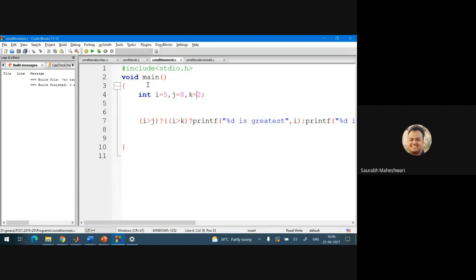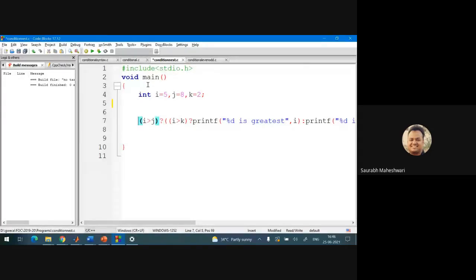Do you remember how we did it with the help of if else? First, we find out who is greater among these two, and then we compare it with the third one. Okay, now let us do it like that only.